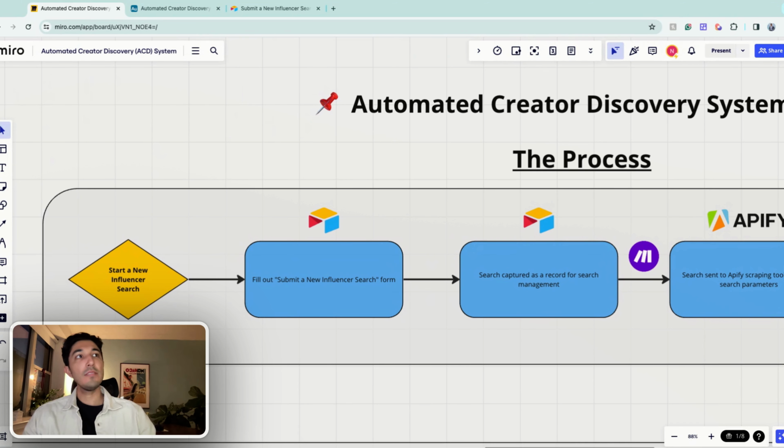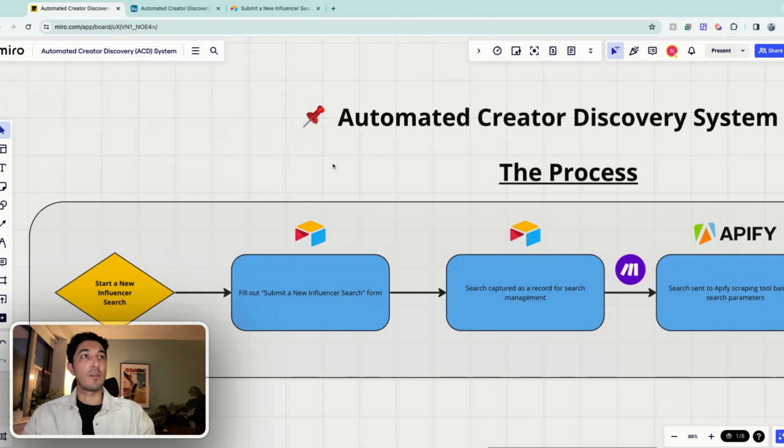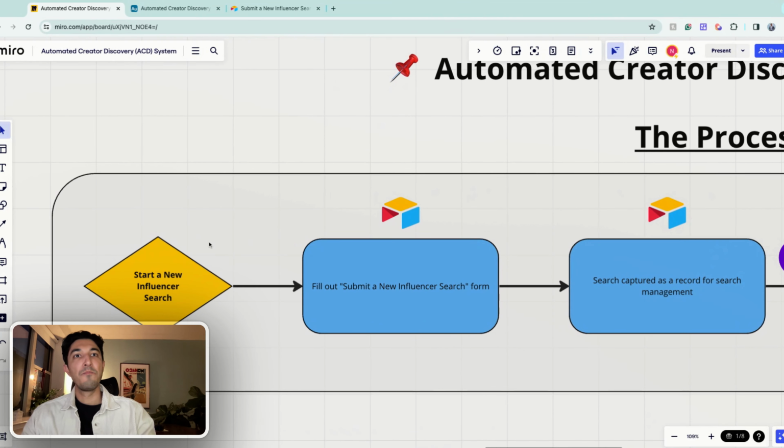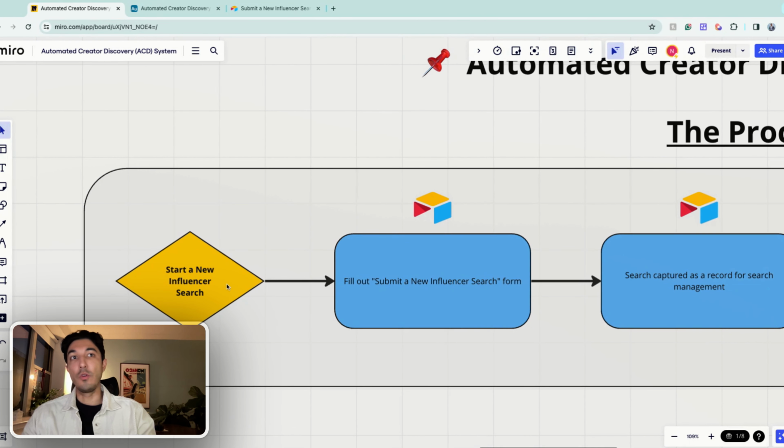so they can do outreach, right? Hearing all of this helped me create what I'm calling the automated creator discovery system. What this system does is essentially automate that manual process you would be doing to search and find creators. It's using AI and automation in the back end to do that at a much, much faster scale, probably close to 10x what it would take a human to do, if not more.